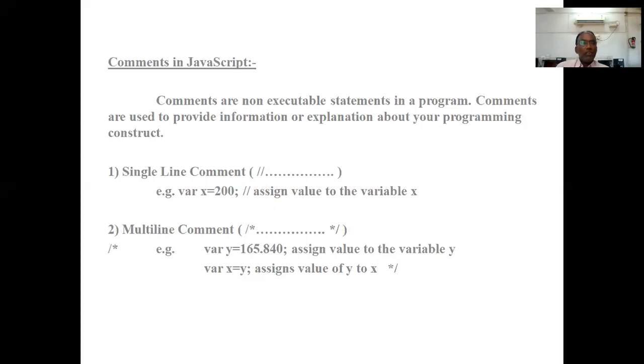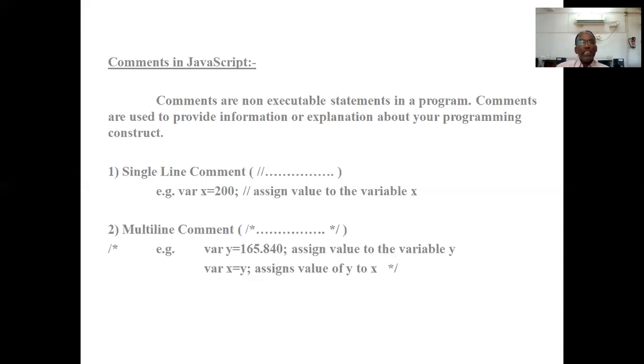For example, we have used here a multi-line comment, /*. Variable y is equal to 165.840; assign value to the variable y. In the next line we have written variable x is equal to y, assigns value of y to x, */. Now here we have used a multi-line comment.